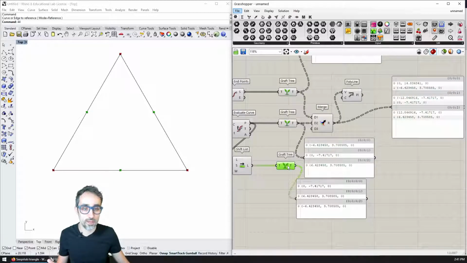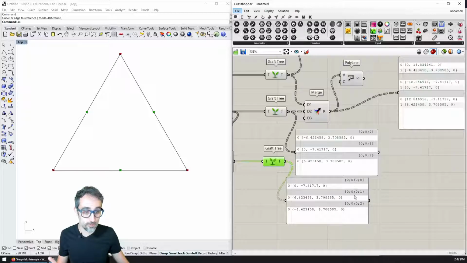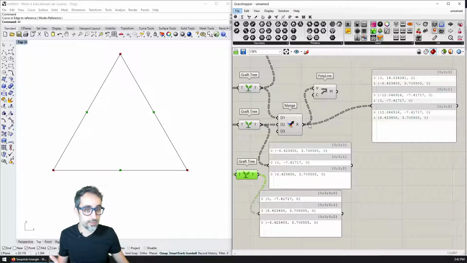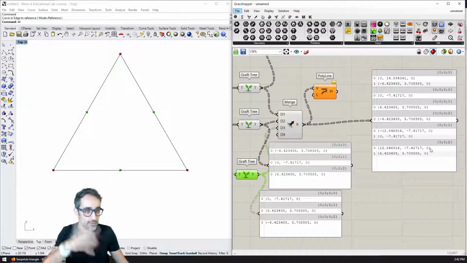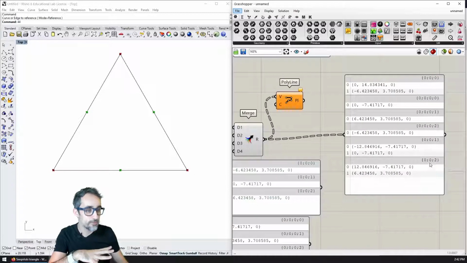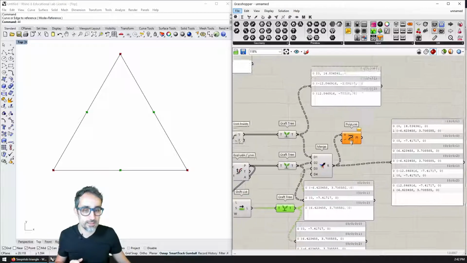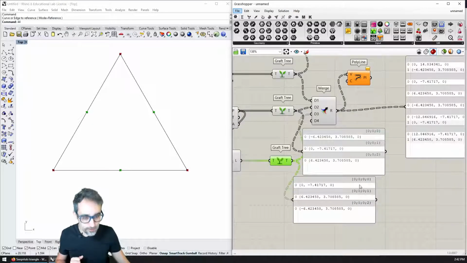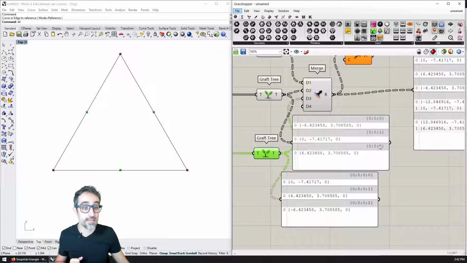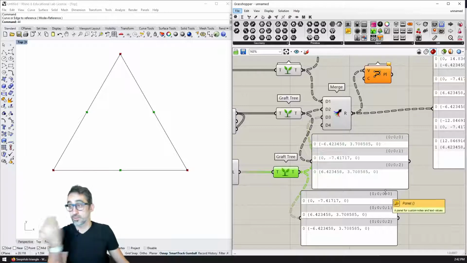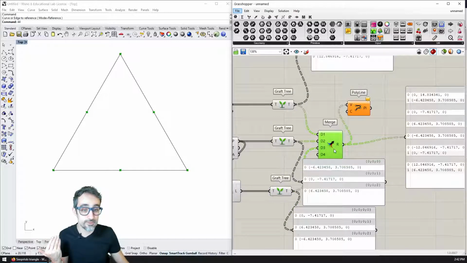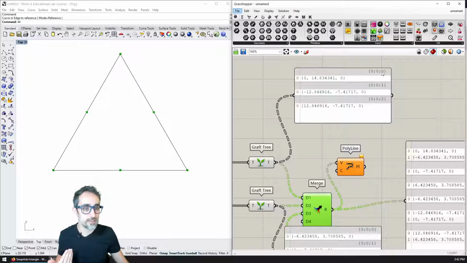If I were to now merge this tree, the one with 4 levels, into this one that has 3 levels, they would not merge correctly because I would have branches in the trees that have different depths. One way to solve this is by making sure that this branch has the same amount of levels as the previous ones. I could offset everything to the left, but I think there's actually a simpler solution. You see all these zeros that I have here leading? Those are redundant. That is not information that I really need.